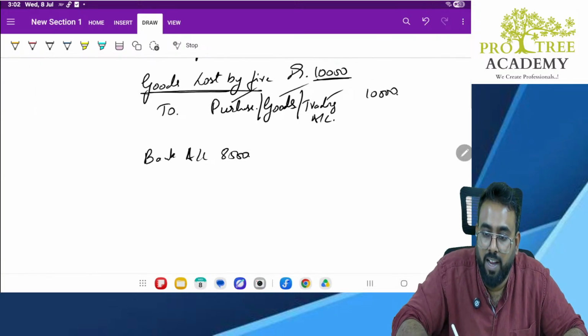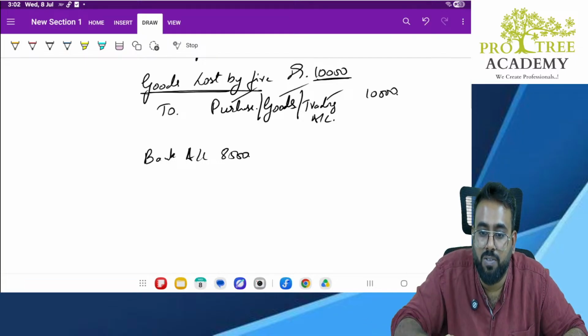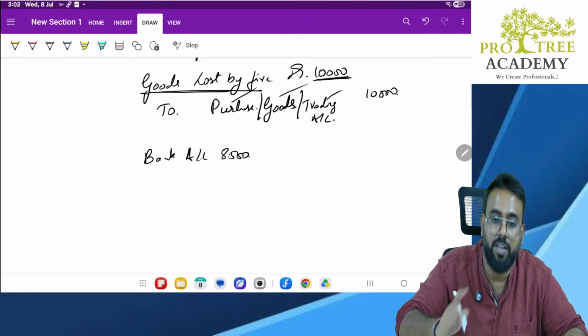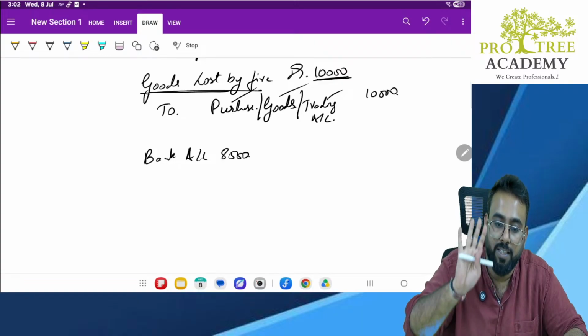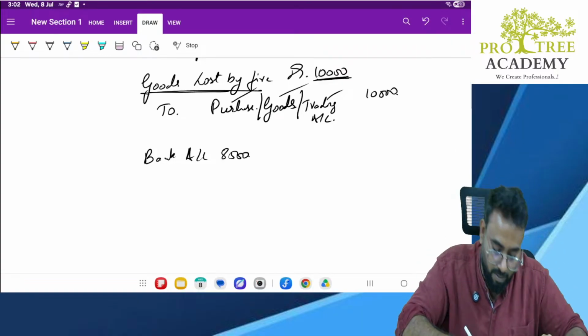Now earlier we debited how much? 10,000. Correct? Now we should reverse 8,500 in that 10,000. Correct or no? Because that much loss should not be there. How much is actually loss? Only 1,500. So you debited the 10,000, but how much should have been debited? Only 1,500. So what we will do? We will reverse to